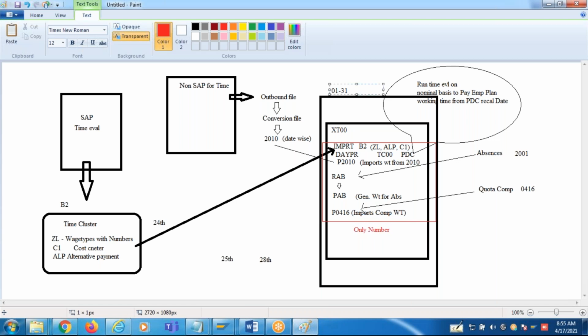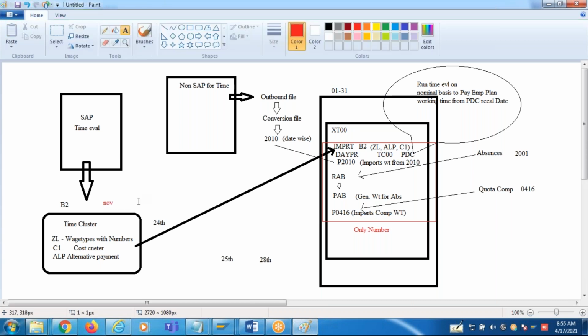Like a payroll, if you make any changes to the retro in the time data recalculation, then the system will execute payroll also from that period. Say for example, time evaluation is executed from November for the mass data changes. The time retro sets an indicator for the payroll retro in some database table.